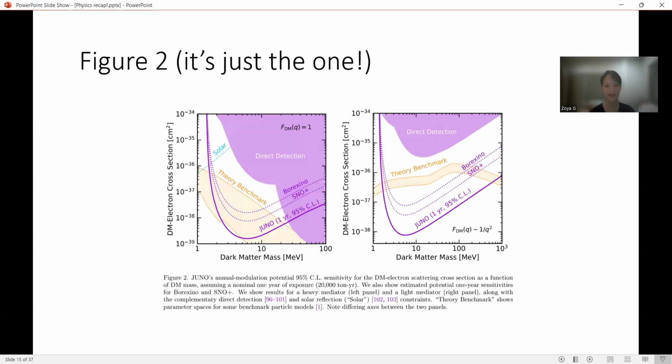This paper rests completely on this figure, so I'm going to try to do it justice. Let's do this. First, let's go over the left side, and then I will discuss the difference between the two panels. Since what is shown on the right is basically analogous, the axes are dark matter electron cross-section and dark matter